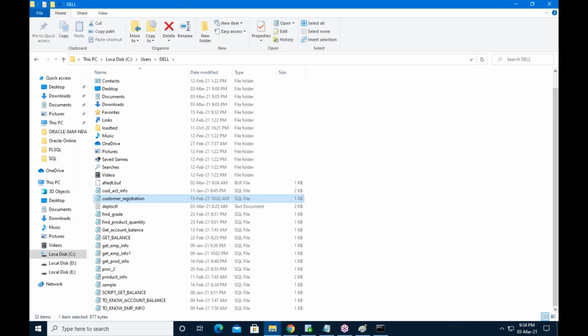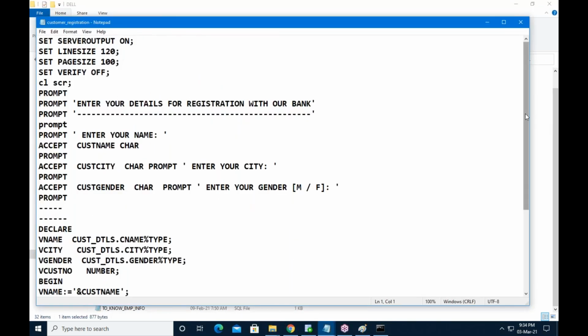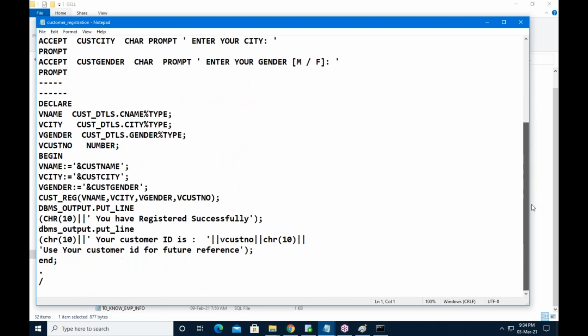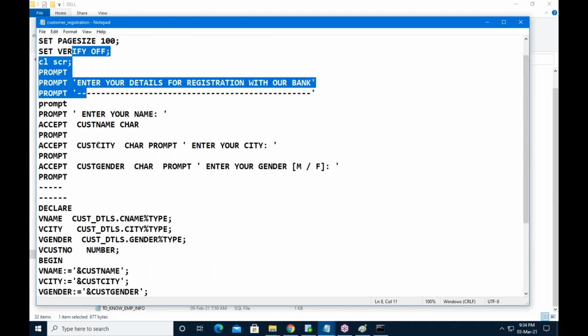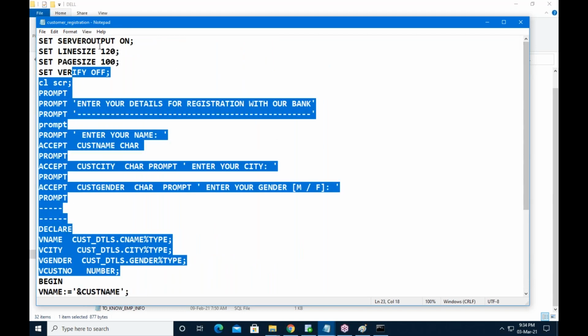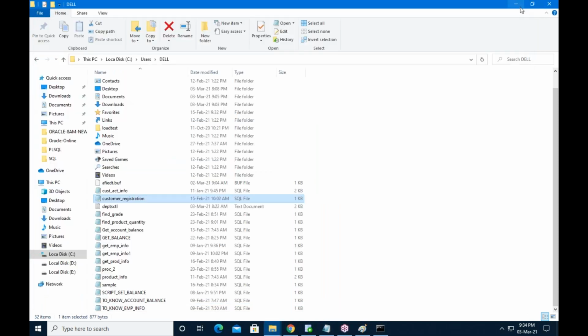Customer registration. And this one, yes, right. So we need to execute this program. See here, guys. What is my target? Customer registration.